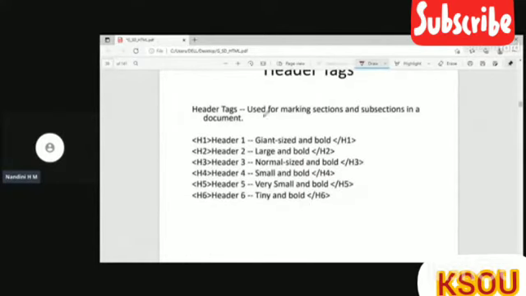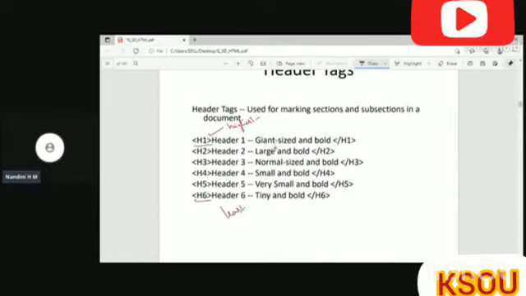You can see here, H1. When we use the heading H1, it will display whatever you have placed between the heading tag in a bold format. So H1 being the highest, whereas H6 is the least. All the content placed within the heading tag will be in the bold format, only they differ in their sizes.